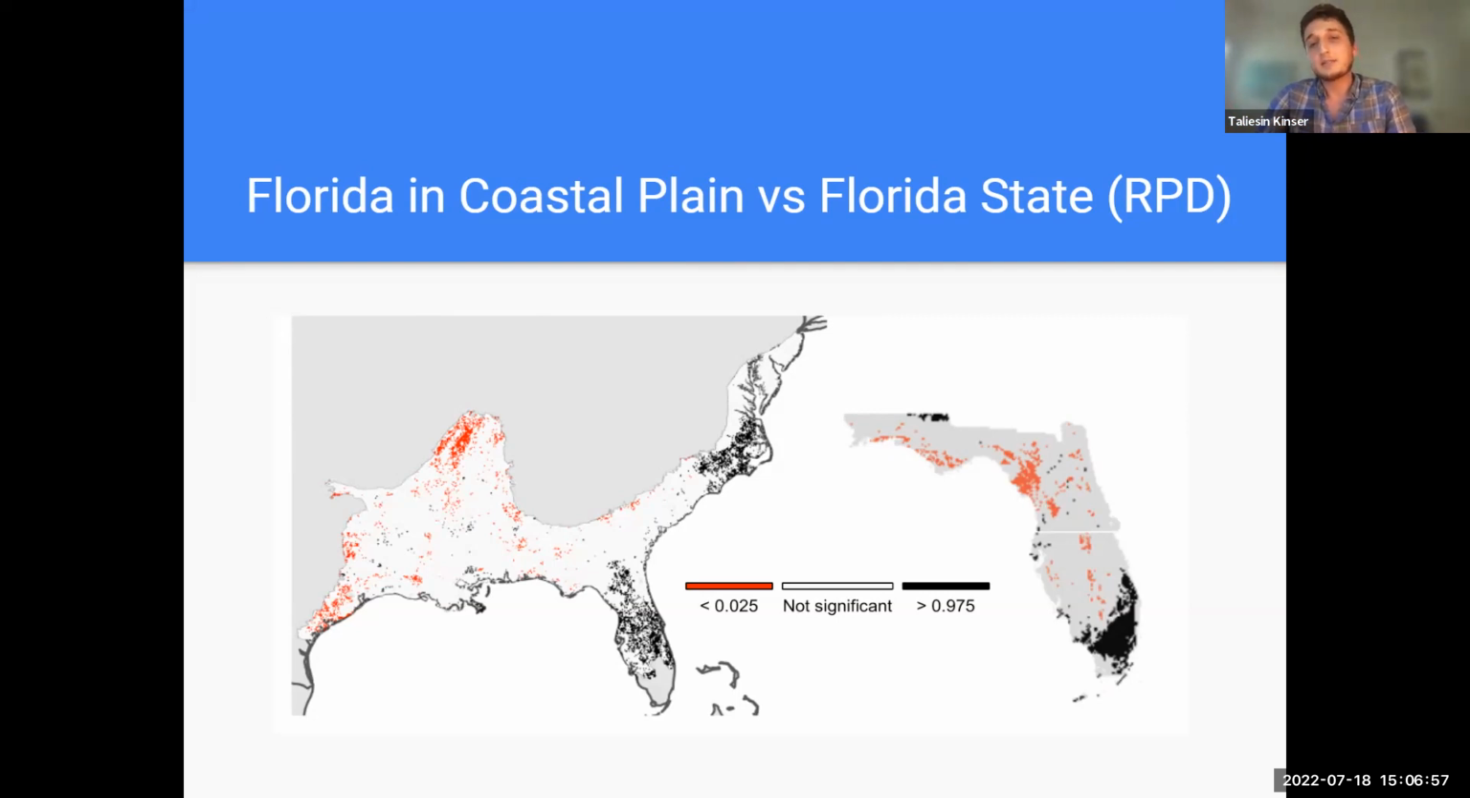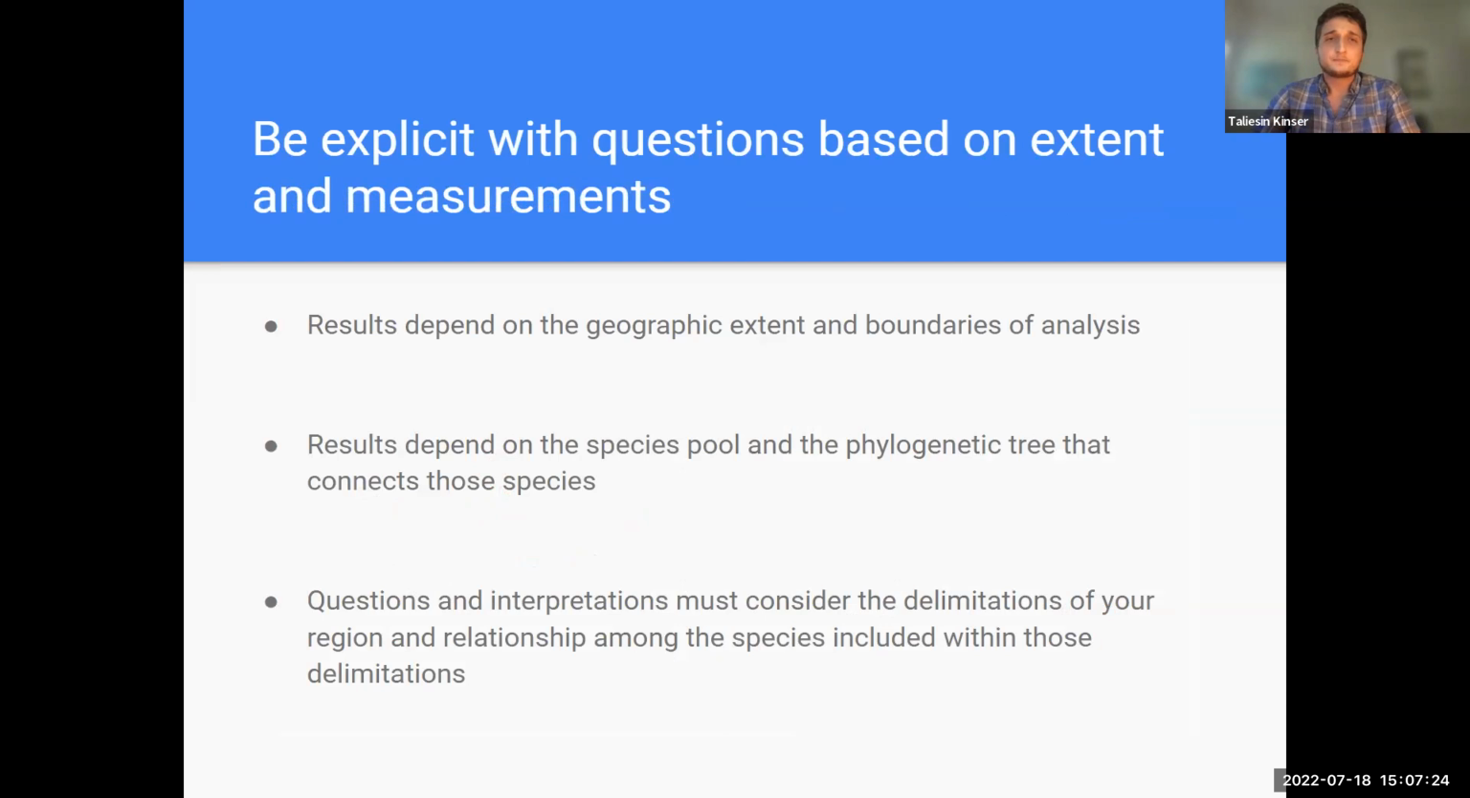Whereas when you look at some of these areas within the peninsula, this might represent more of the diversification that's specific to Florida, specific to that Florida flora, that you don't see quite as much when you're looking at the whole region, and also just means different things as well. So I think my big point here, and you can go on to the next slide, Israel, is